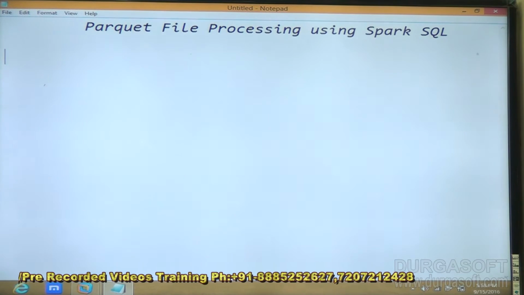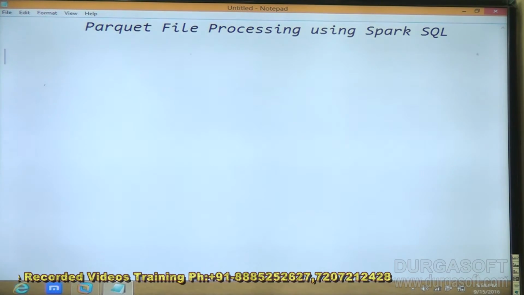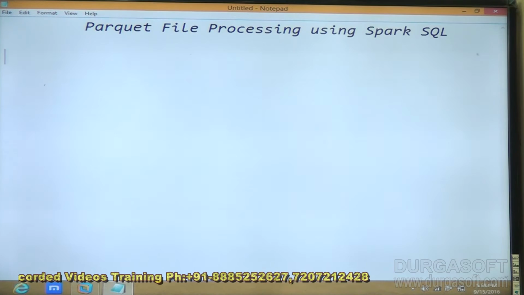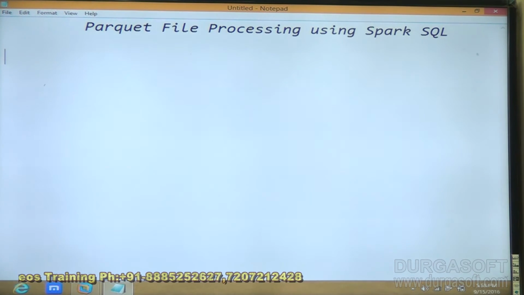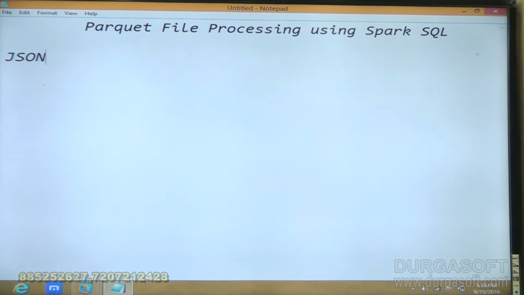Hi guys, welcome to the Parquet file processing using the SparkSQL module. Yes, we have seen a lot of examples in SparkSQL. Let's understand in more detail how to process Parquet files, particularly by using the Spark RDD and Spark SQL API frameworks. Along with Parquet files, Spark can also execute and process JSON files as part